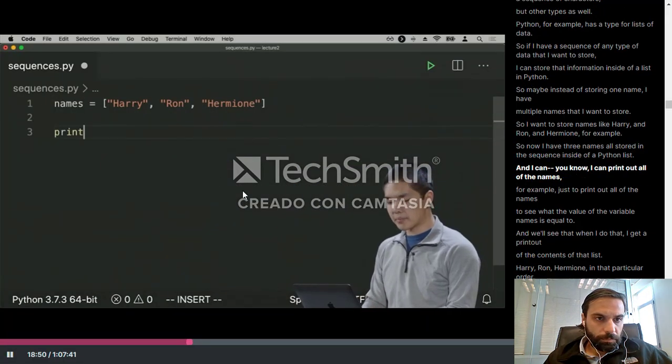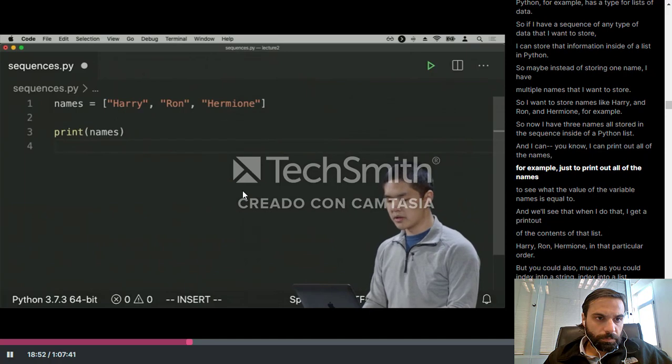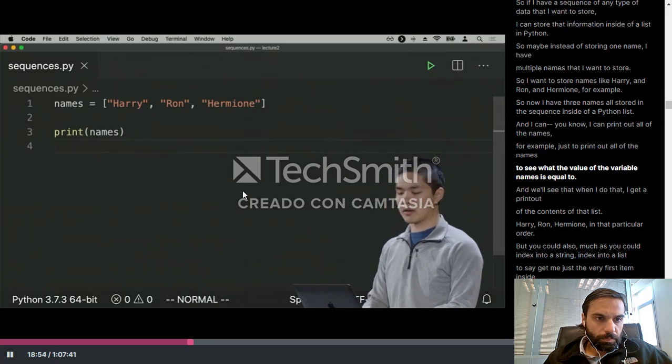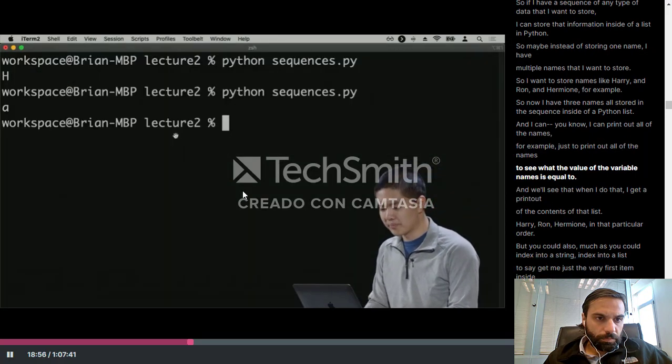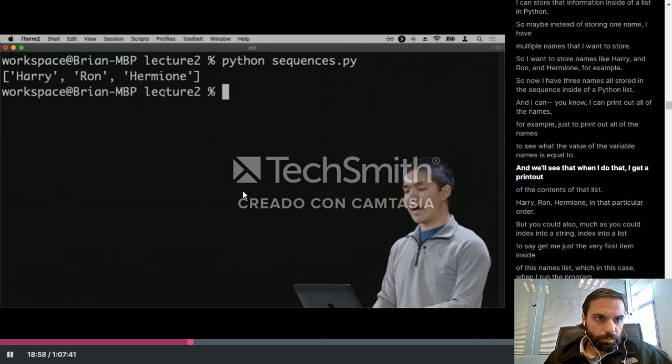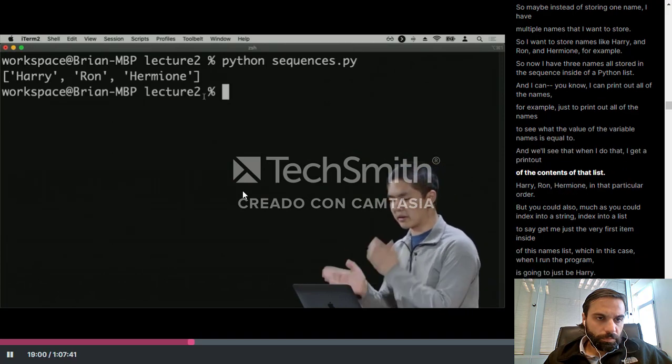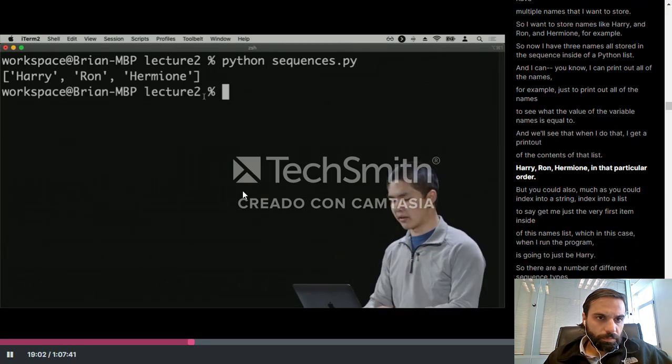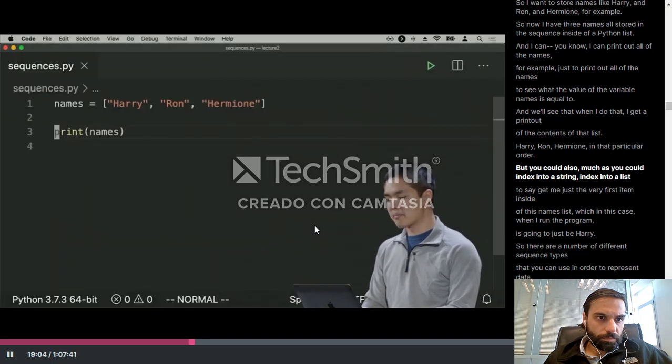And I can print out all of the names, for example, just to see what the value of the variable names is equal to. And we'll see that when I do that, I get a printout of the contents of that list, Harry, Ron, Hermione, in that particular order. But you could also, much as you could index into a string, index